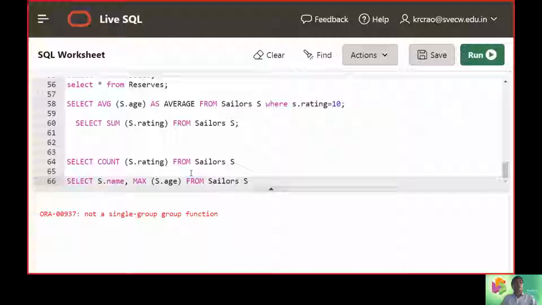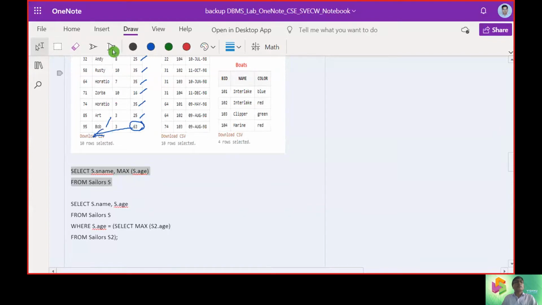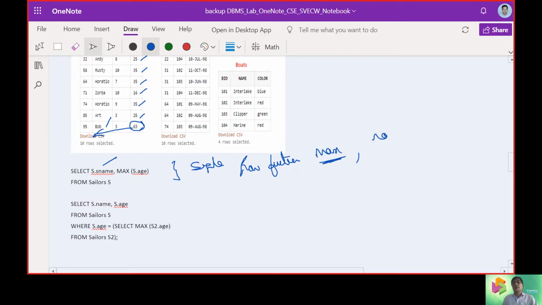Why? Because these elements here, like max and so on, are single row functions. But when we print the name and so on, it will lead to an error.